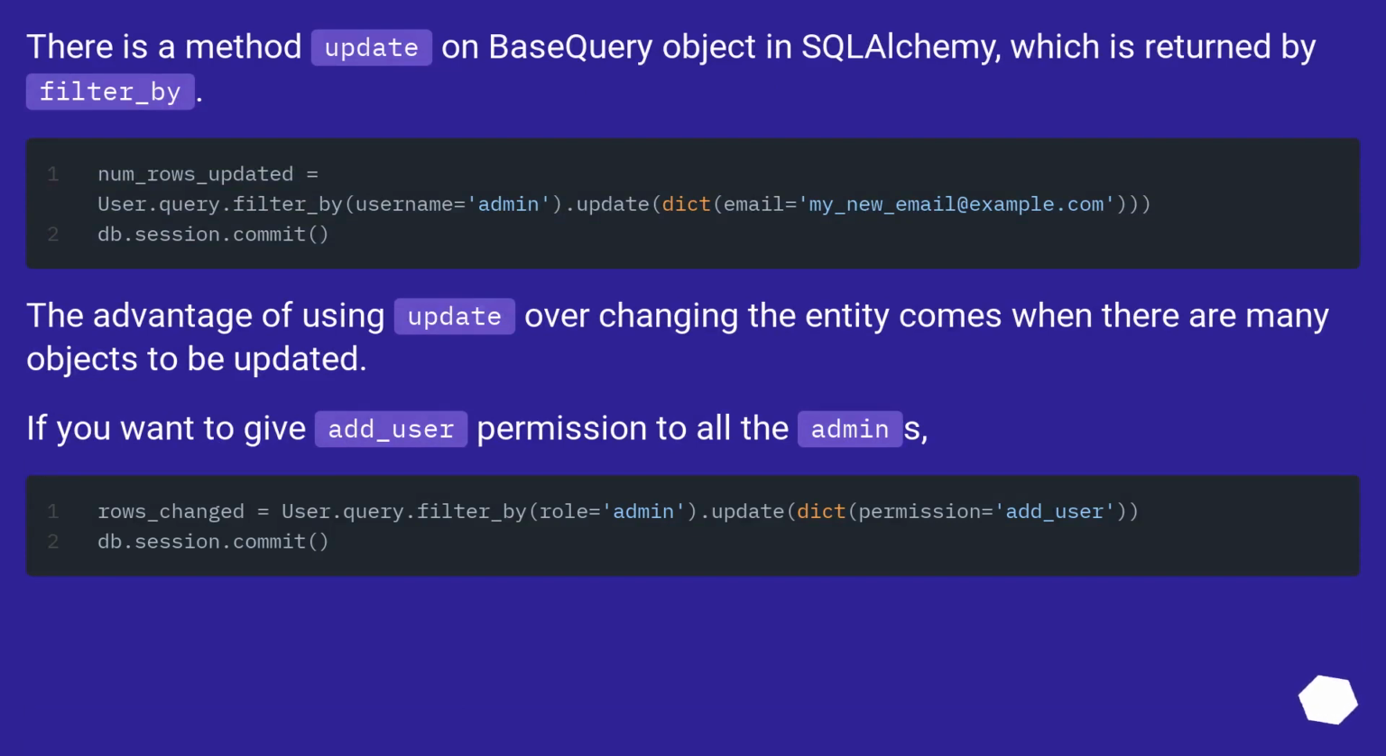There is a method update on the basic query object in SQLAlchemy, which is returned by filter_by. The advantage of using update over changing the entity comes when there are many objects to be updated. If you want to give add_user permission to all the admins,